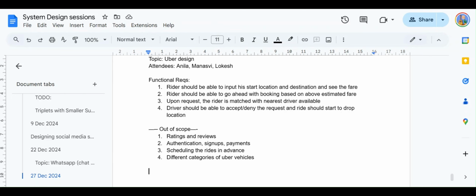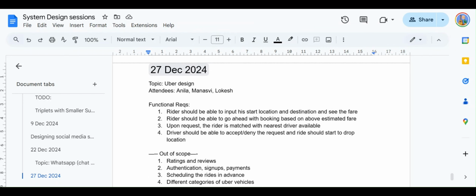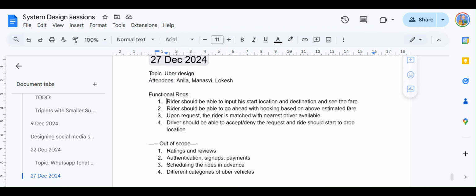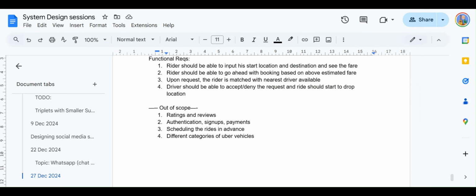So please make sure that you keep your functional requirements to the core component of it. So Uber, the core part of Uber is the matching part, like how the matching actually happens, how the driver's locations are being continuously updated in the system. And then there come multiple challenges with respect to that. We'll discuss the non-functional requirements now, so you'll get to know about that.